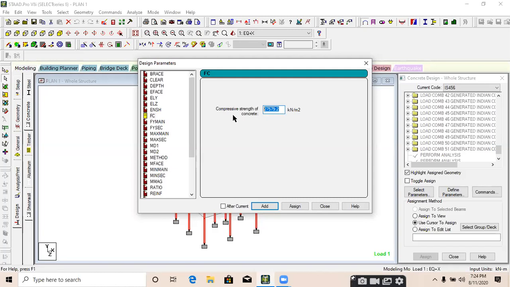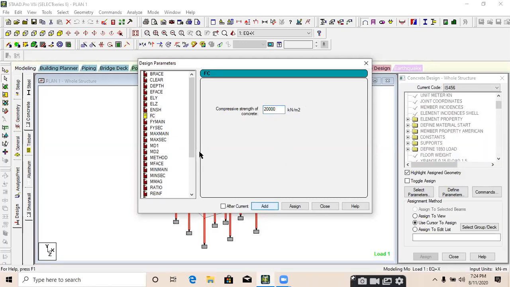Okay. So we need to provide 20,000 here because the 20 is in Newton per mm square and the software is asking for data in kilonewton per meter square. So we just need to convert it from Newton per mm square to kilonewton per meter square. For the conversion, I just multiply it by 1,000. Okay.